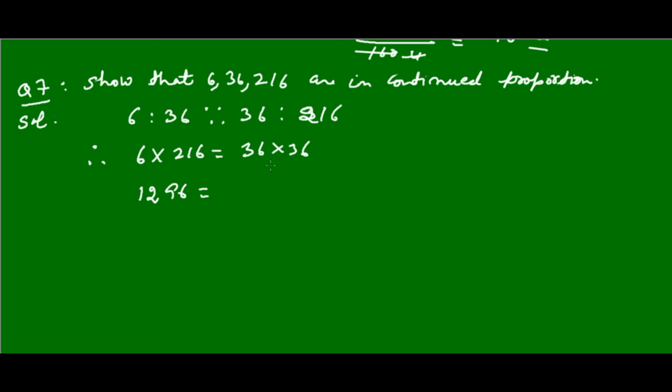Here if we multiply by the shortcut method, 6 sixes are 36, 6 threes are 18, 6 sixes are 36, 6 threes are 18 plus 3 is 21, 6 sixes are 36. Here we will get 9, 3 threes are 9 plus 3 is 12. So our ratios are in proportion. Its answer is okay. Right, the ratios are in proportion.